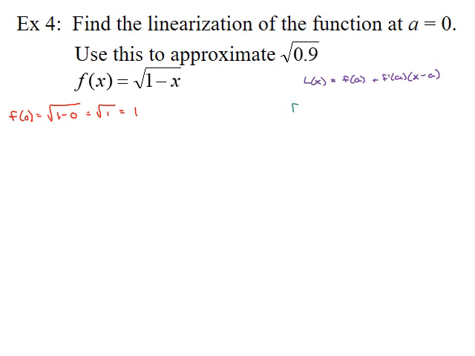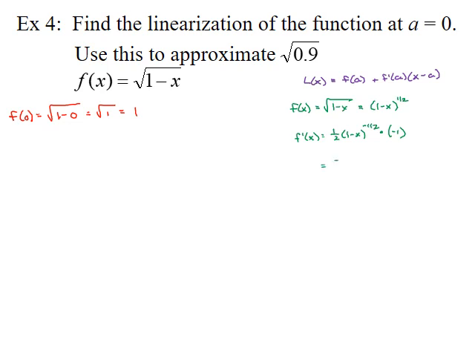Kind of like the last problem, since f of x is equal to the square root of 1 minus x, and I need to take the derivative of that, I'm going to rewrite this as 1 minus x to the 1/2. Now here's the part that I've seen students mess up because they're going too quick. This is technically a chain rule, so the derivative is 1/2 times 1 minus x to the negative 1/2, and here's the part students always forget. They just assume the derivative of the inside is 1 because they see an x, but it's actually negative 1 because it is a negative x,